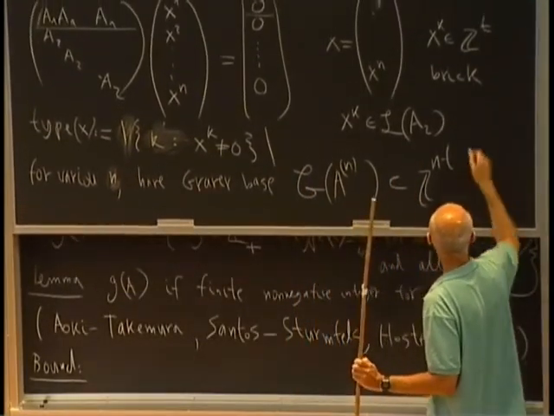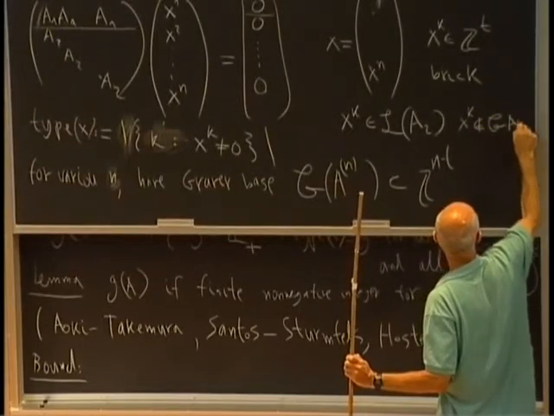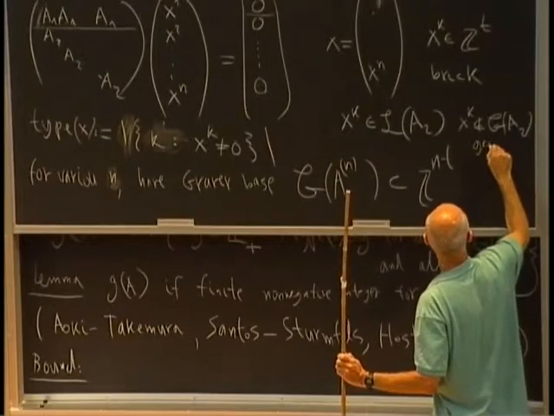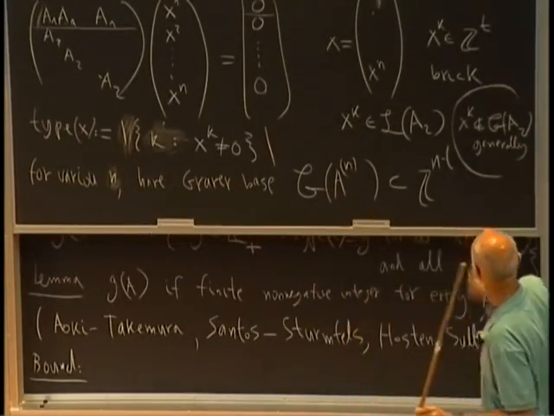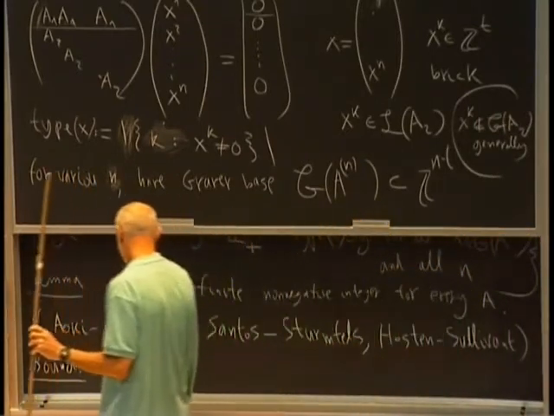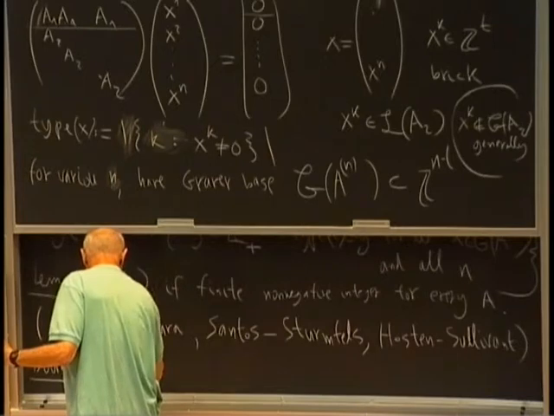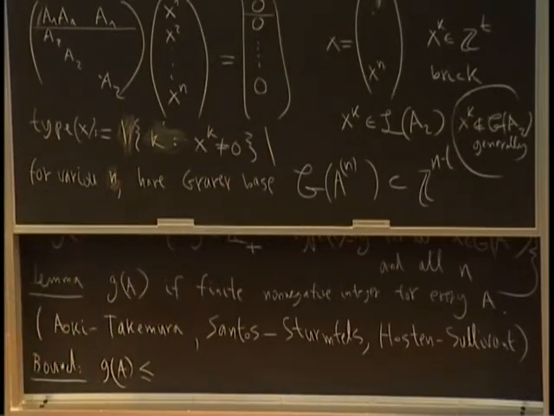So xk is generally not in the Graver basis; often it is there, but generally it is not. But this leads to the following bound. So the Graver complexity is actually equal